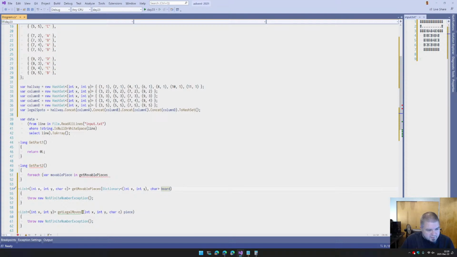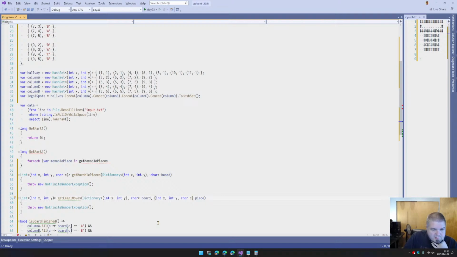Because I foresee myself needing recursion here, right? So for each movable piece and movable pieces,